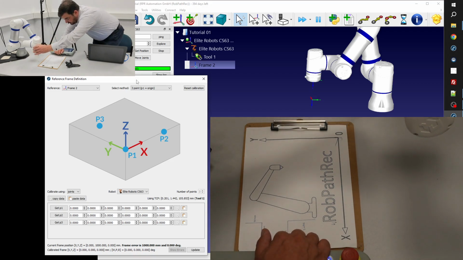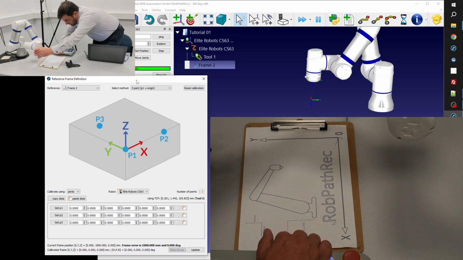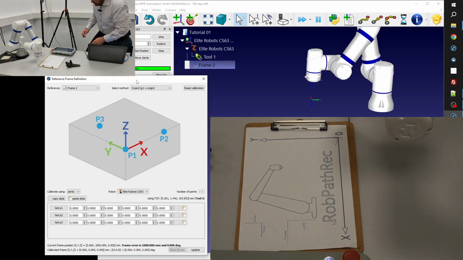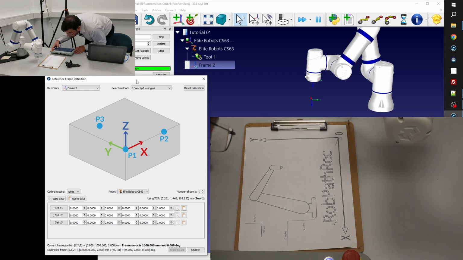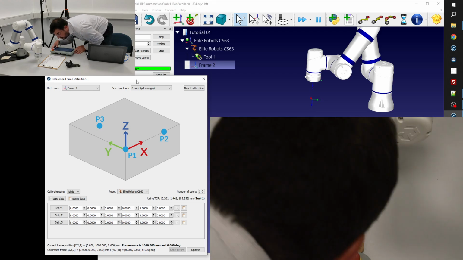I just come into the free drive mode and try to navigate to the origin. Right now I switch to the jog. In this case, as in any calibration process in life, you should really take care that you hit it as accurately as possible, okay?